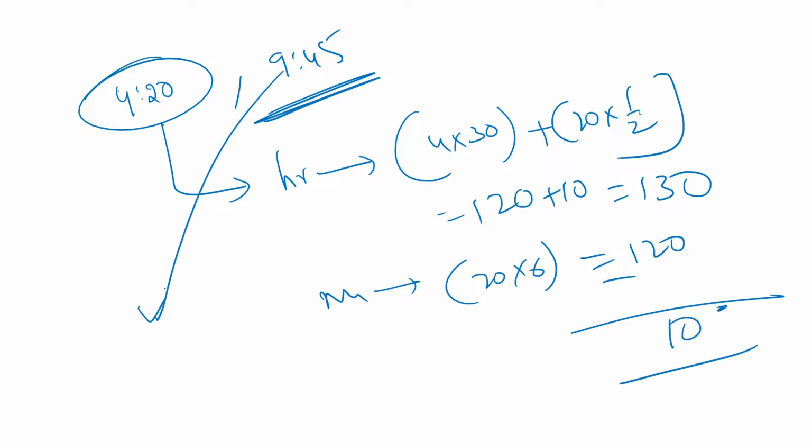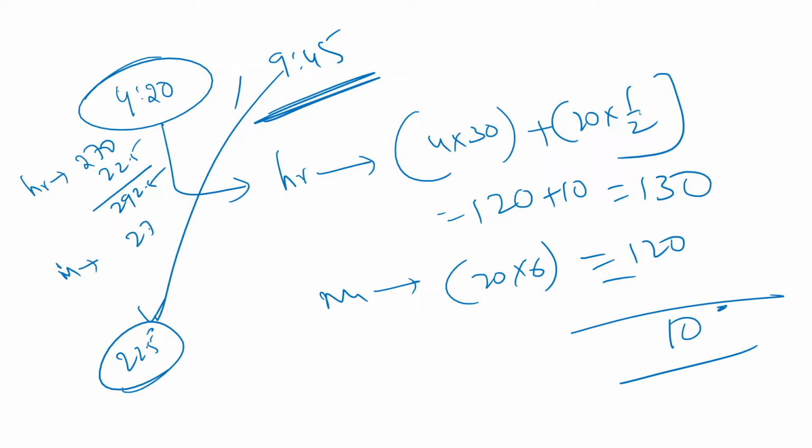Similarly, for 9:45, you are going to get 22.5 degrees. How is it possible? Simply, first the hour hand angle. 9 into 30, 45 into half, you are going to get 292.5. And what is the minute hand angle? 45 into 6, which is 270. The answer is going to be 22.5. Find out the hour hand angle, then find out the minute hand angle, subtract one from the other, you will get your answer. But one more thing you have to remember here is,